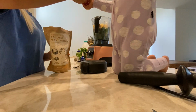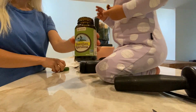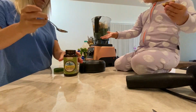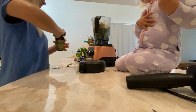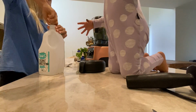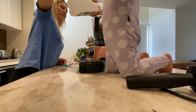Then we've got some vanilla coconut plant protein from Bear Blends. That's one of our favorites. It tastes delicious and super good. Then we've got some Hawaiian spirulina. That adds a serious protein punch as well as more delicious greens. Wilder also likes to taste test the spirulina every single day. Then we've got some coconut water fresh out of the fridge, keeping the smoothie nice and cold because it's way more delicious when it's cold. Wilder also taking a sip of that,